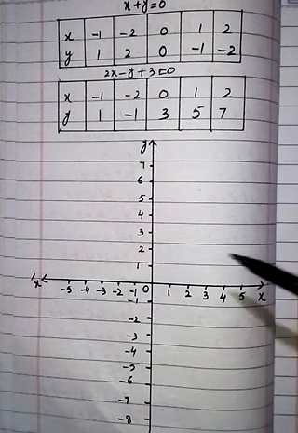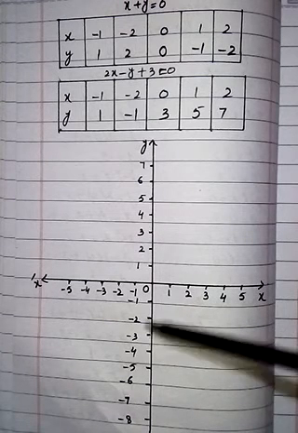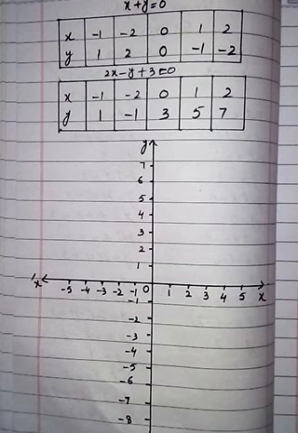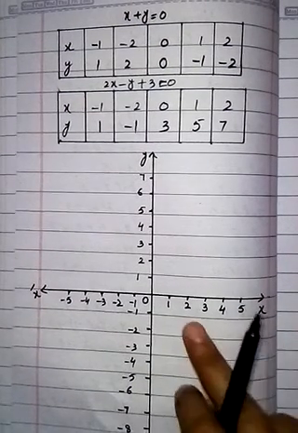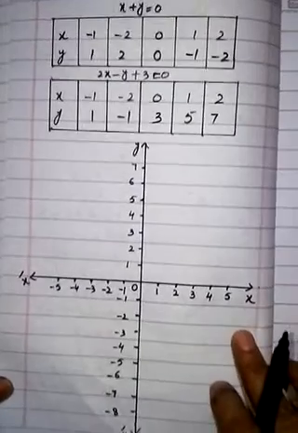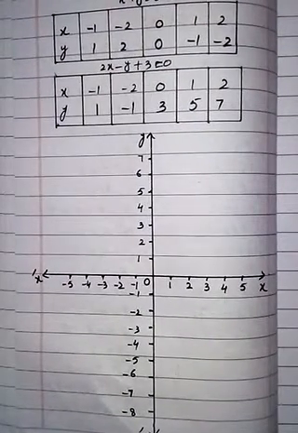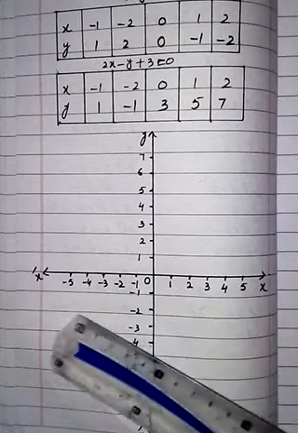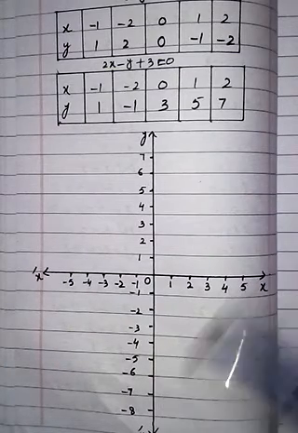Now you have to draw the Cartesian plane. Horizontal axis is known as x-axis and vertical line or axis is known as y-axis. Now both are perpendicular to each other. Now you have to take equal gap 1 centimeter. Now we will plot these values on this Cartesian plane. Now right side of x having positive, left side having negative value, up side having positive value of y and down side having negative value of y.